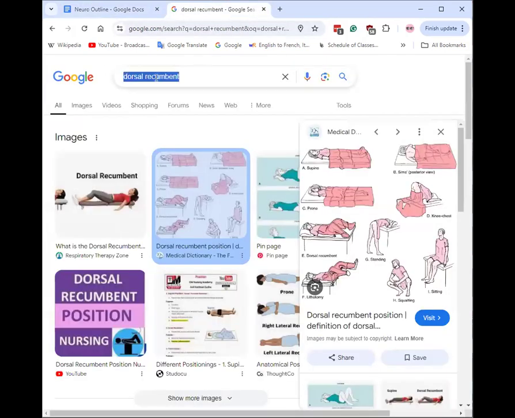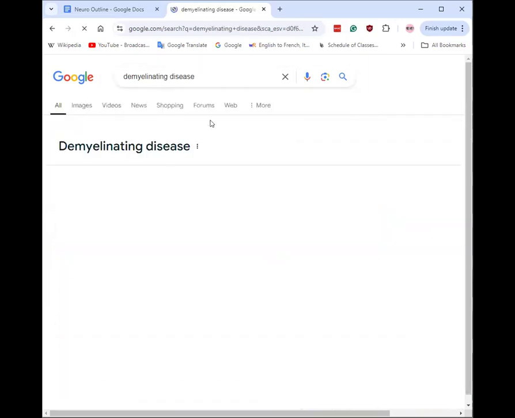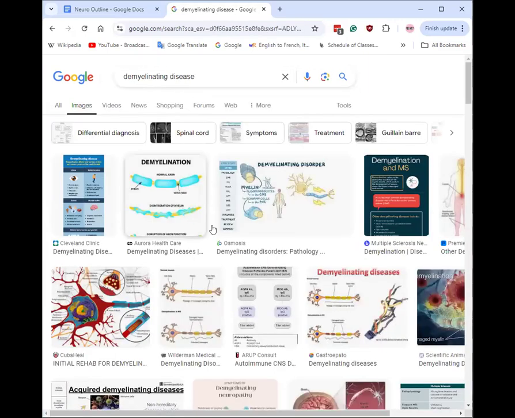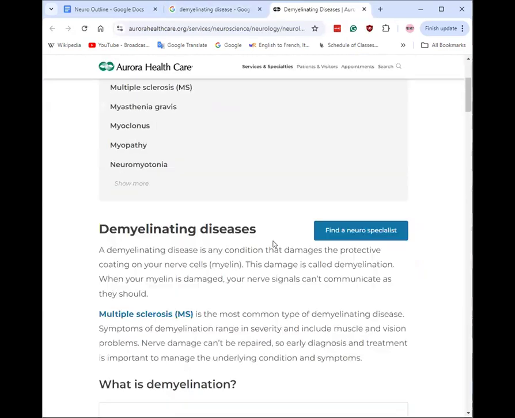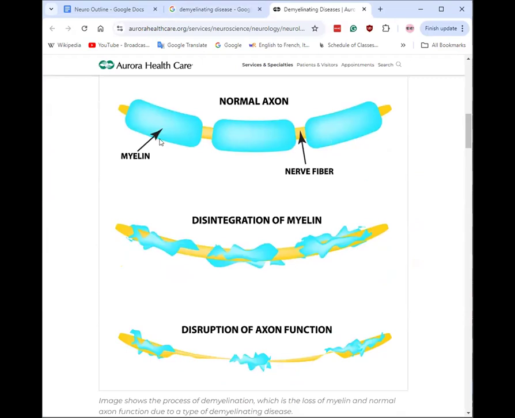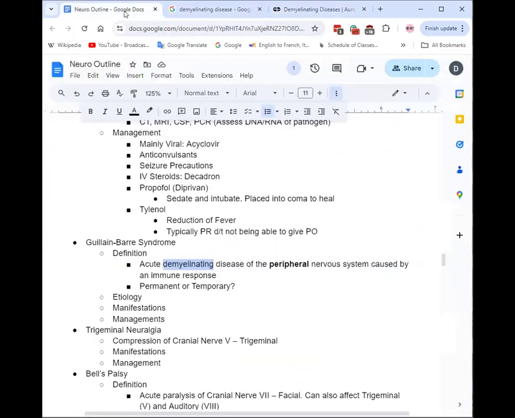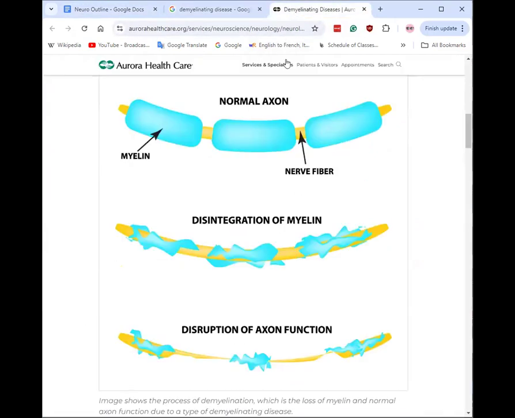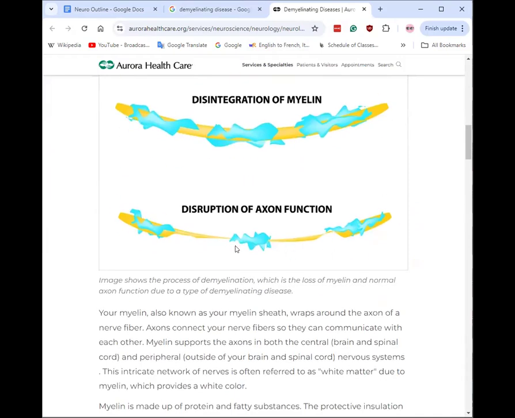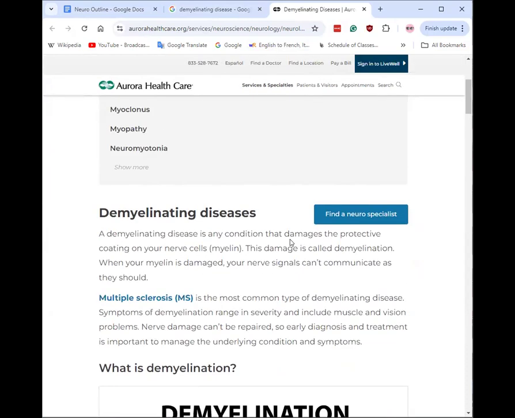Demyelinating. You can see what that looks like. Your neurons have this little myelin sheath that allows for conduction. So this is what it normally looks like here, and when it's deteriorating, it'll start looking like this. It's like a little protective barrier. From the disease process, you'll start having demyelination. It maybe even gets to the point where it starts impacting the axons of the nerve cells.